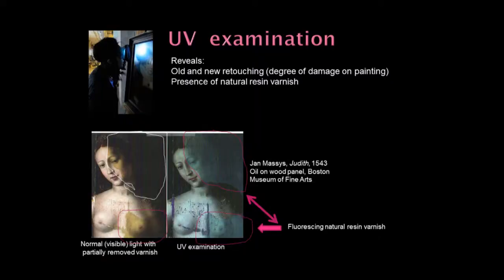Ultraviolet radiation, used since the 1920s, was the earliest form of technical examination of paintings beyond careful examination under magnification, and it is still used today. The usual source of UV radiation is an ultraviolet lamp, familiar to some of you as a black light from your disco days. Used in a darkened room, it emits long-wave UV radiation in the range of 320 to 400 nanometers, which has the ability to excite visible fluorescence in many organic materials, including natural resin varnishes, paint media, and